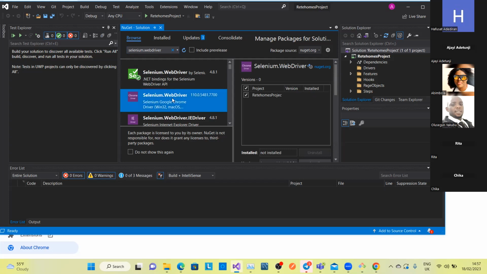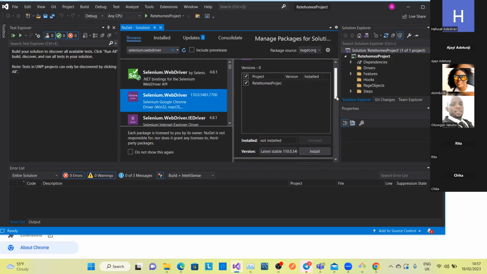WebDriver, Chrome driver. You must see Chrome driver. I can see Chrome driver in my own. I don't know why you are not seeing Chrome driver. Oh, under it is saying Selenium Google Chrome. But that is it now. You don't confuse me now. That is it. If you hover on top or put your mouse on it again, Adetunji. Everyone, can you see? Yeah, that's it. Yeah, that is what we want to install. It's just that maybe